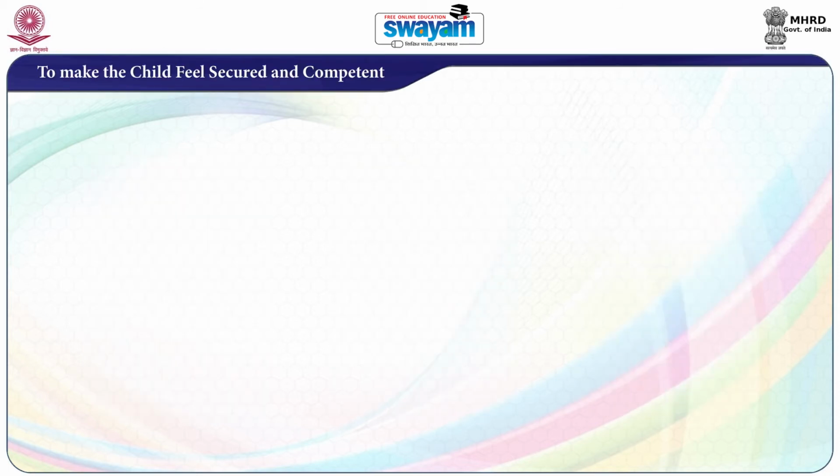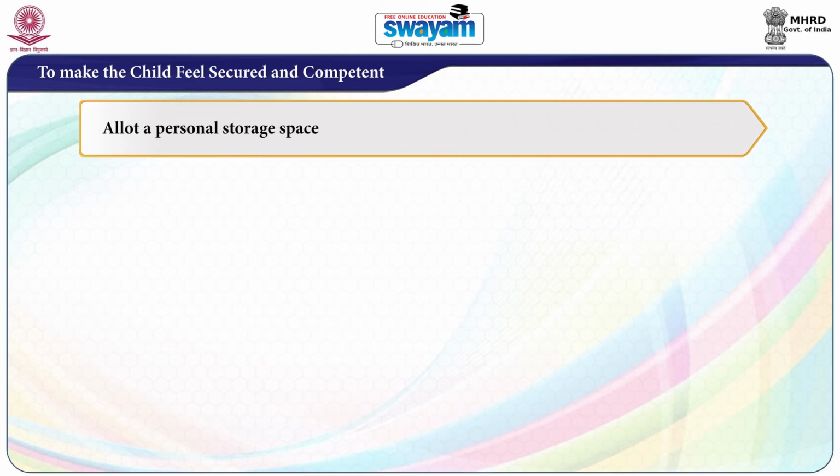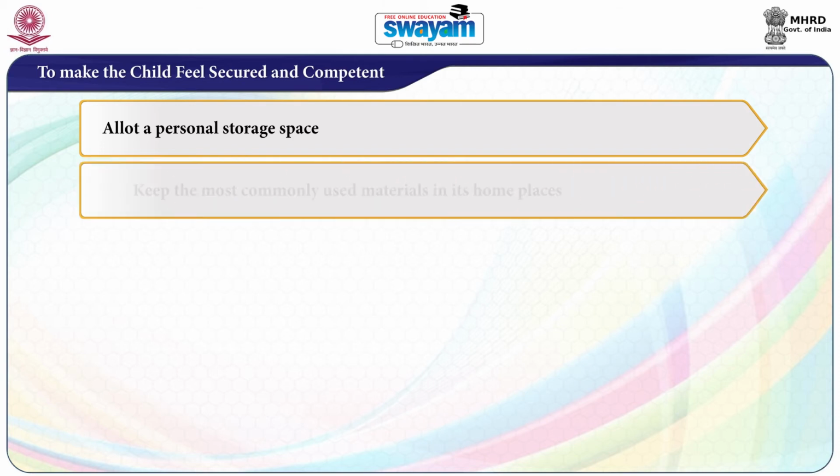And the fourth objective, to make the child feel secure and competent. The child should feel secure, confident and competent in using the play spaces to enhance their learning potential. How to improve this objective? Allot a personal storage space for all children to keep their belongings. Keep the most commonly used materials such as glue, scissors, pencils, crayons in its home places, labeled with symbols for